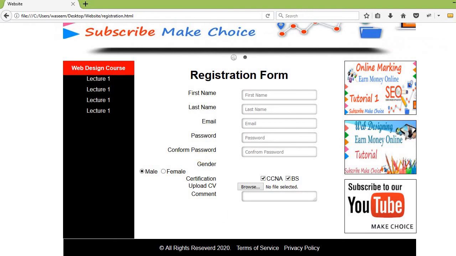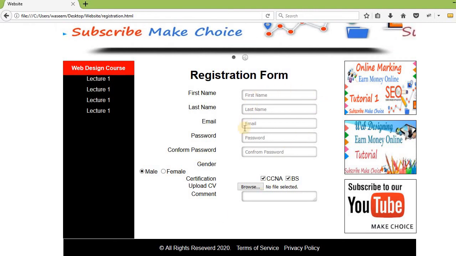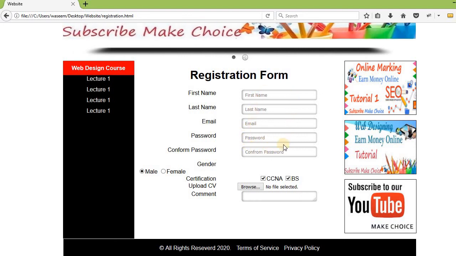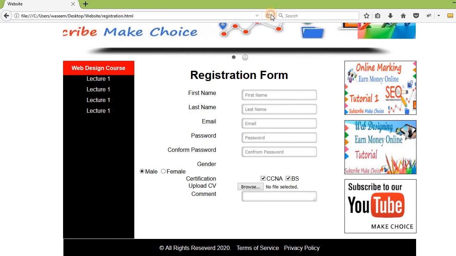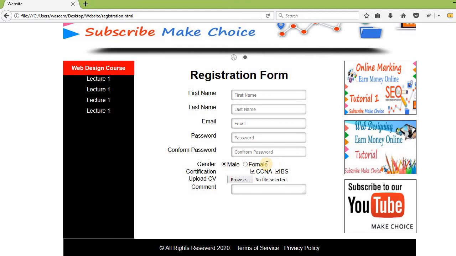Now for this purpose, the solution for this problem is we will decrease the width of this div. How can we decrease the width? This is 60. Let me write 50 here. I will save this, refresh my browser. Here you can see